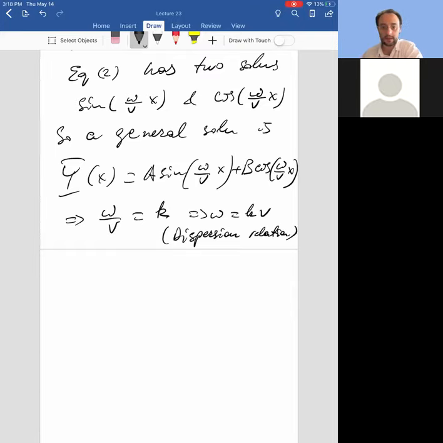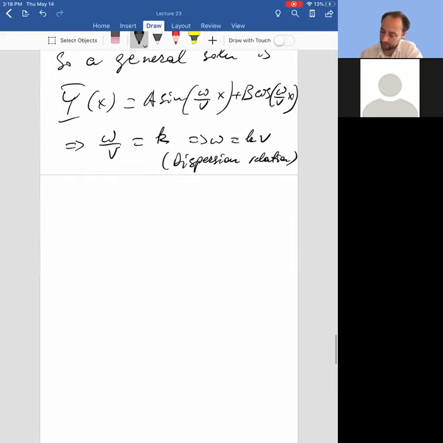So now let's do something that's very important. Apply boundary conditions. Okay, so we've solved as much as we can the spatial differential equation. Now we need to apply boundary conditions. So there are two. First is that the displacement at x equals 0 is 0 for all times. That means big Y at x equals 0 has to be 0.